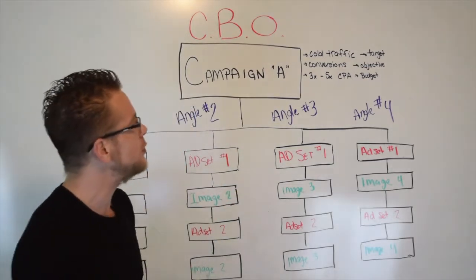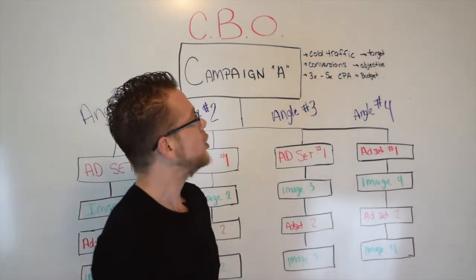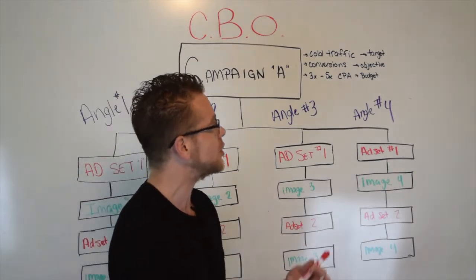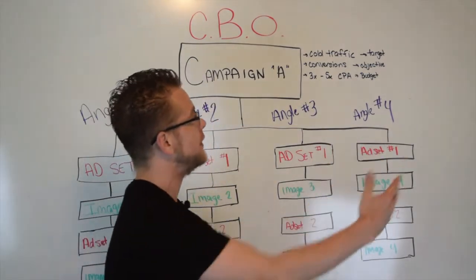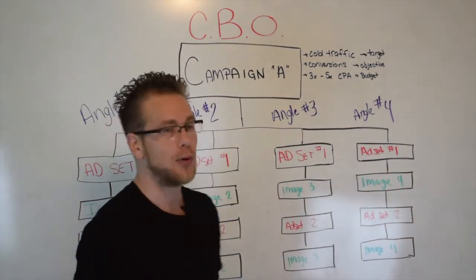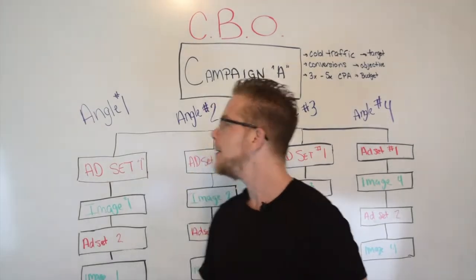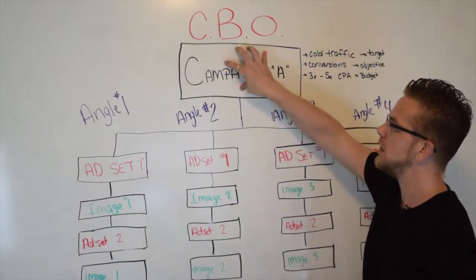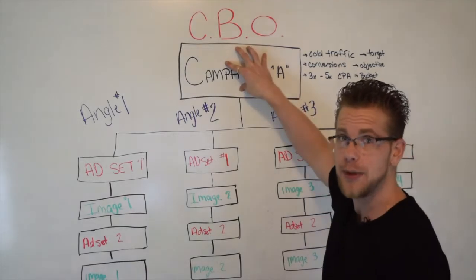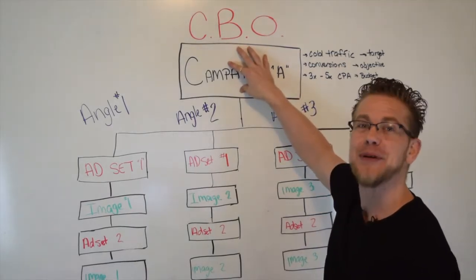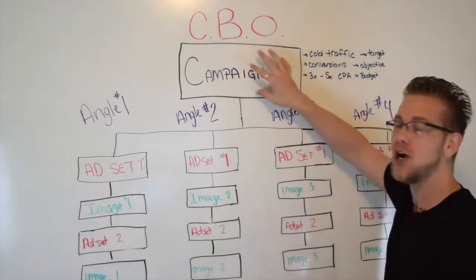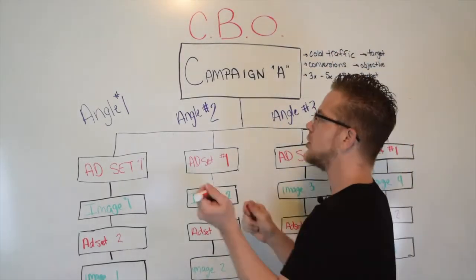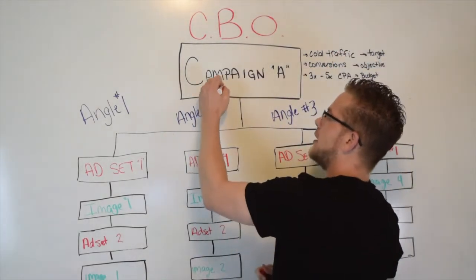And that's what you're going to do by being able to create a cold traffic campaign with the objective of converting them into leads, registrants, or some form of moving them down the sales funnel, all at a price of 3 to 5x what you expect to pay. Now, you're going to set it up inside of Facebook within your one campaign. Now, you will have multiple campaigns, I hope. But the main campaign right now we're going to be talking about is your free giveaway to cold traffic. So let's say this is a PDF, right? So let's just call it campaign A